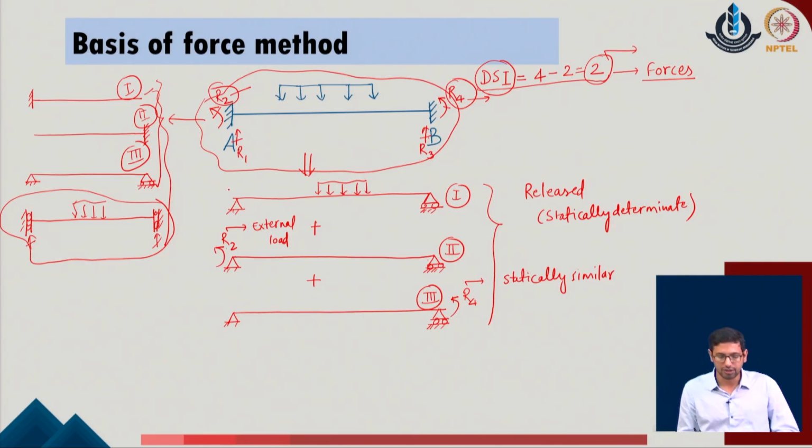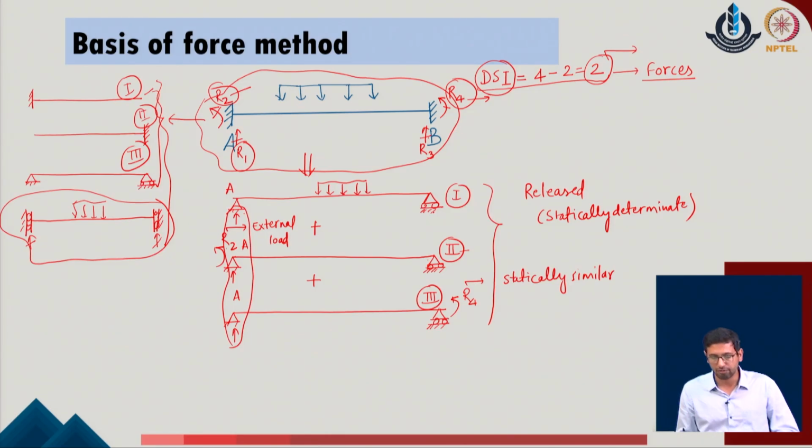Now, if we consider the joint A of the given problem, we realize that the joint A will have some reaction value in the vertical direction. I can say that the vertical reaction at the support A in the original release system 1, the reaction at A in system 2 of the release structure, and the reaction in the vertical direction at A in system 3 are cumulatively added, and this should be the same as the actual reaction R1 of the given problem.